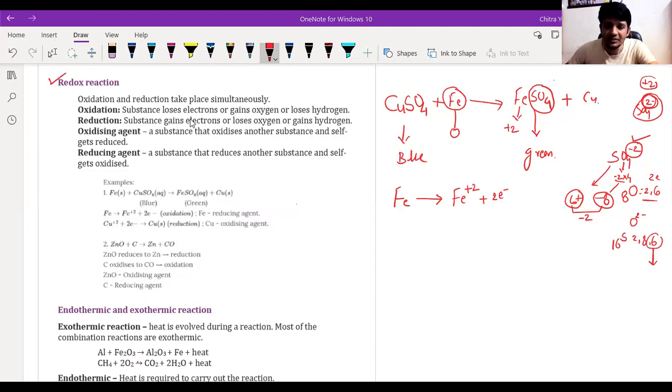See, this is the way ferrous is converted from Fe to Fe2+ ion. Fe has no charge, but Fe2+ has a positive 2 charge, and it is formed by the loss of 2 electrons here. So loss of electrons is taking place here, that means it is an oxidation reaction. I'm going to write here oxidation.